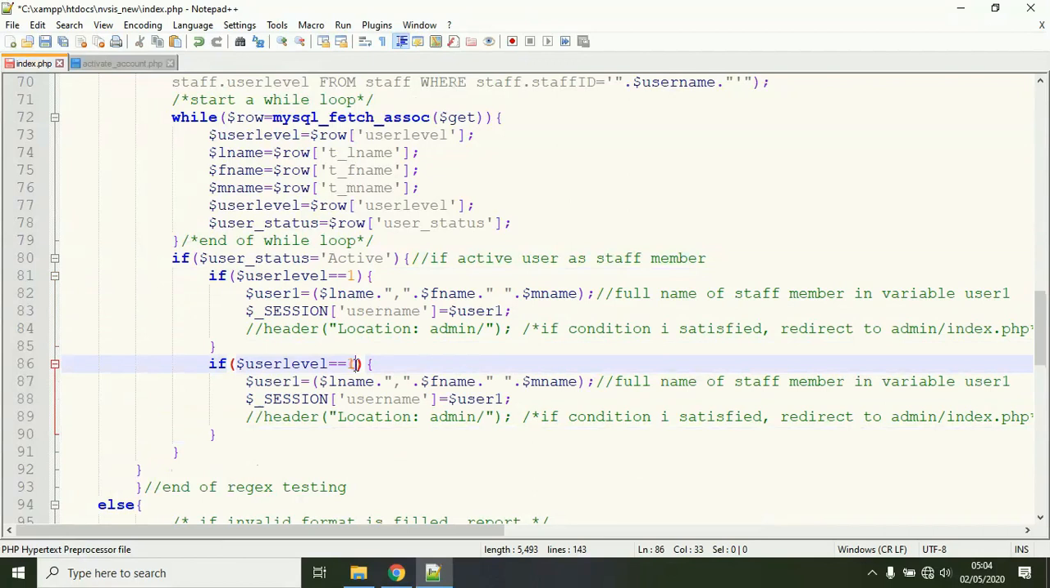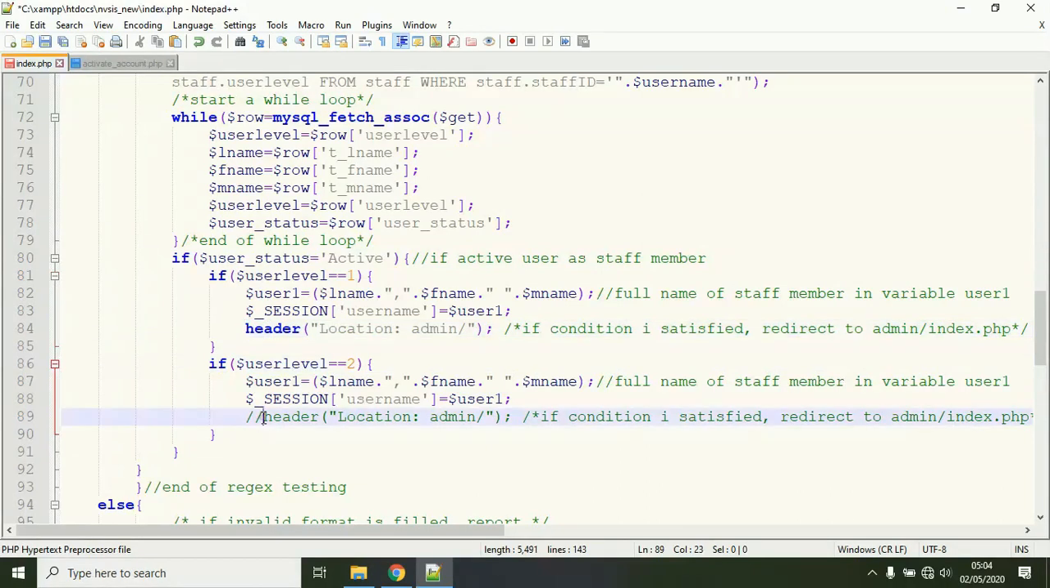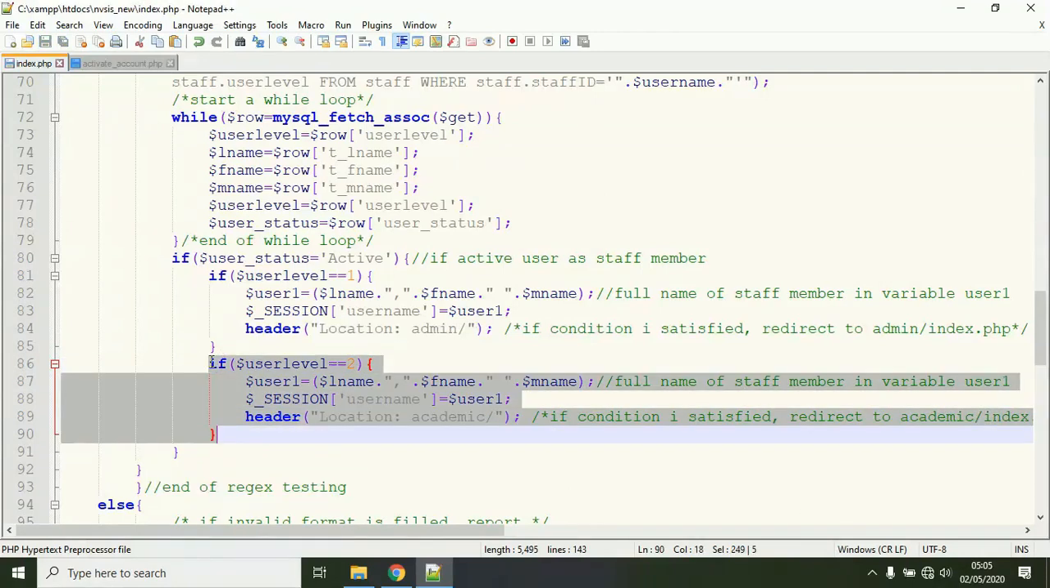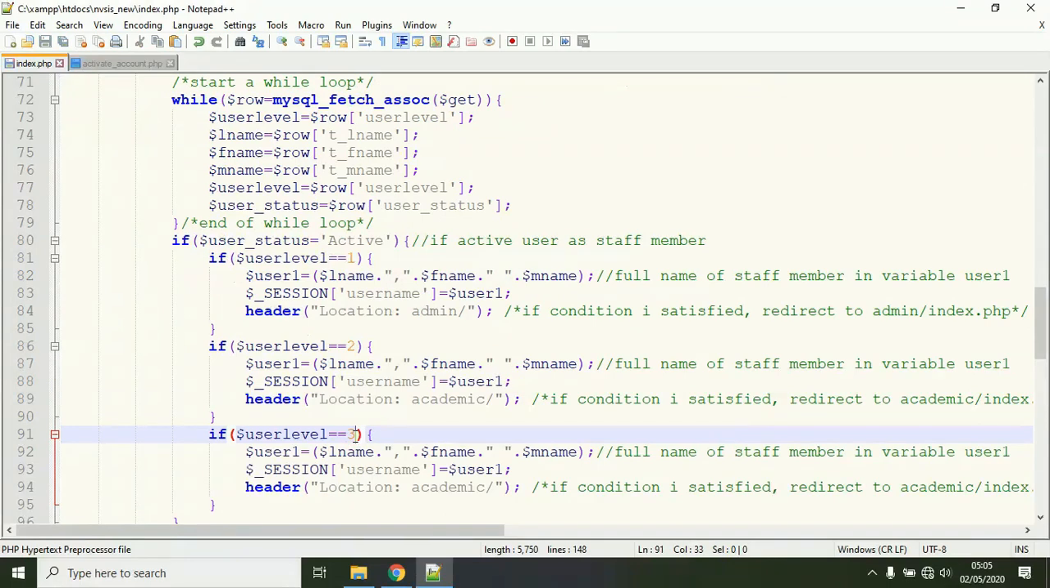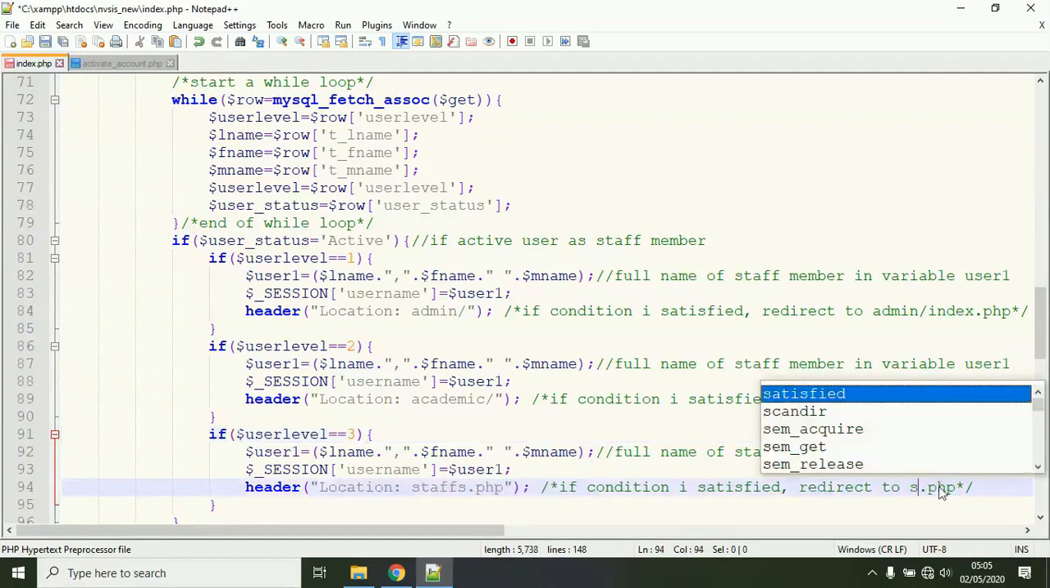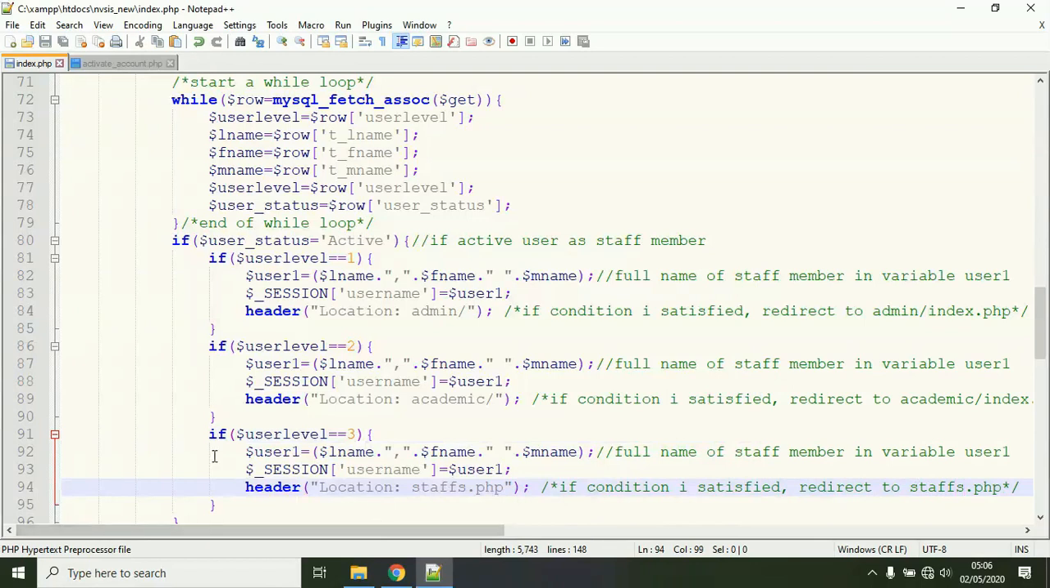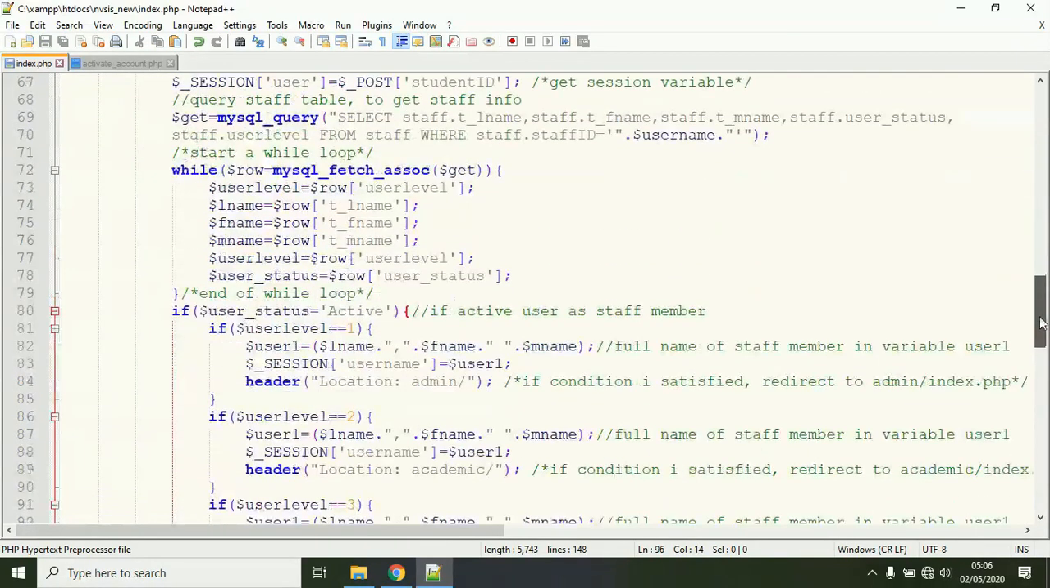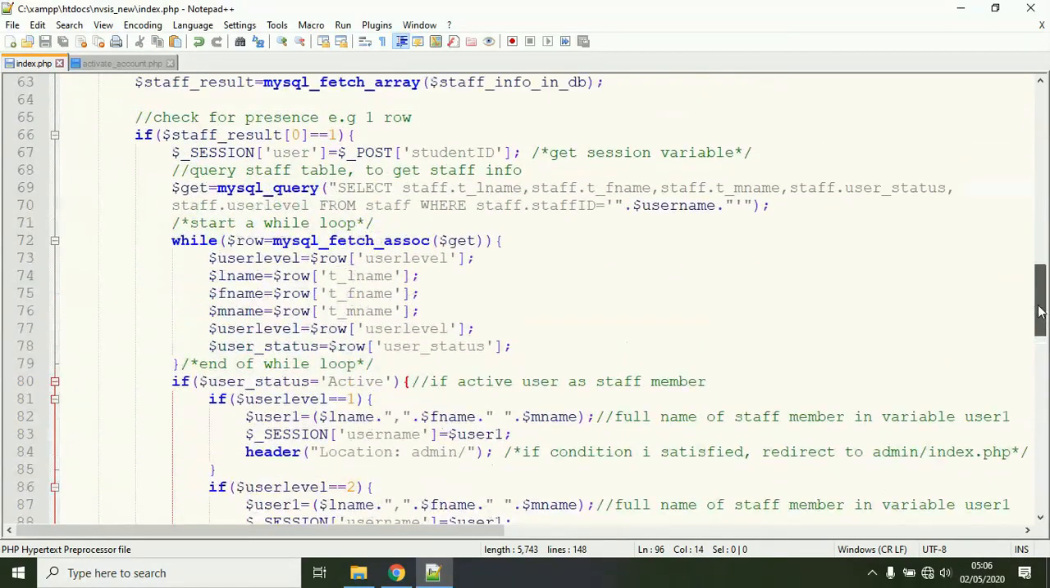If user level is 2 here, then we take the user to academic. This is academic.php. And now if the user level is 3, then take this one here to stars. This is stars.php. Now if this one here fails, that is if the staff is not active, that is if